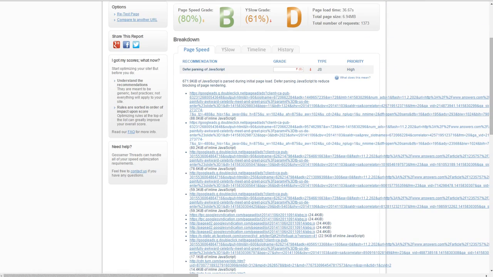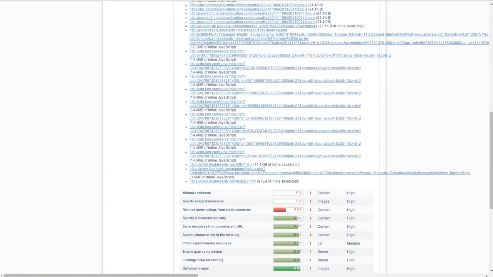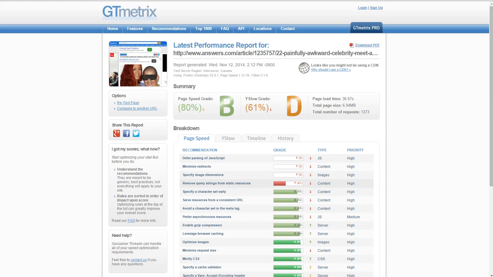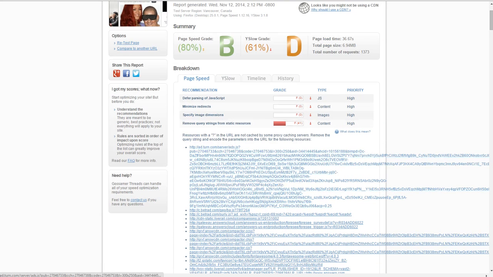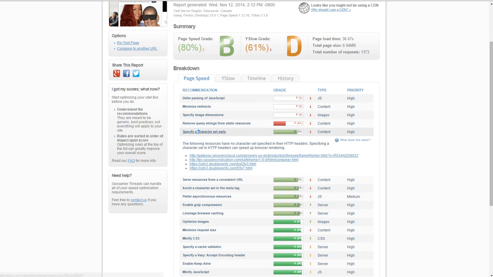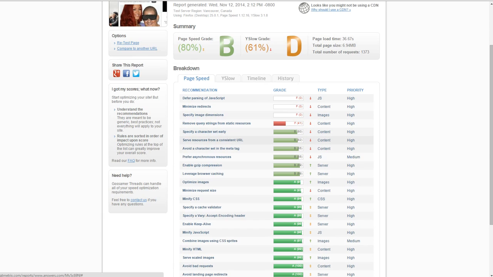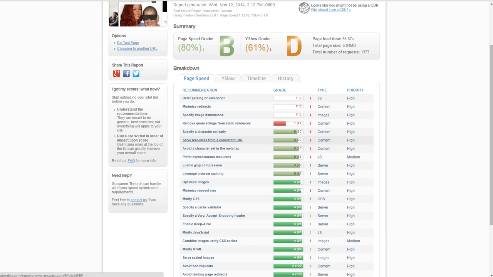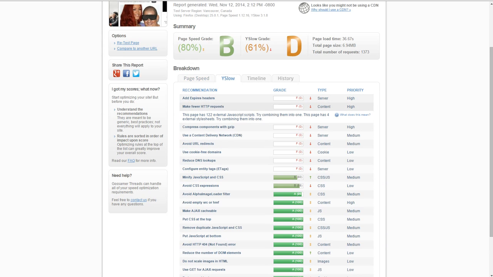This website has no concept of deferring or asynchronously loading JavaScript. Query strings are not that big of a deal, but it still could be fixed if they weren't using so many ad networks. And there's no consistency with these because they're using a lot of ad networks as opposed to ad serving platforms such as DoubleClick for Publishers. Or, there we go,